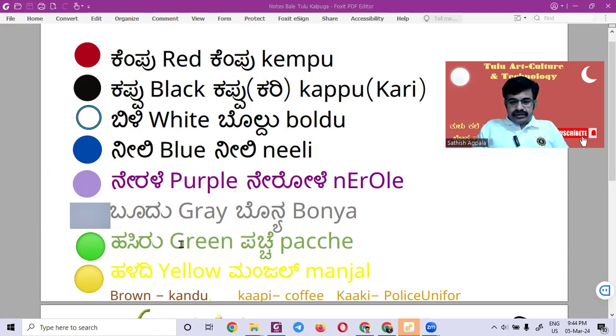Green, pache. Yellow, manjal. Even for turmeric, we call it manjal only. Manjal. Okay. Other color brown.